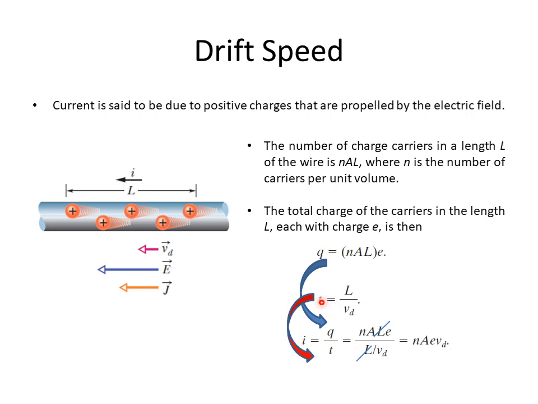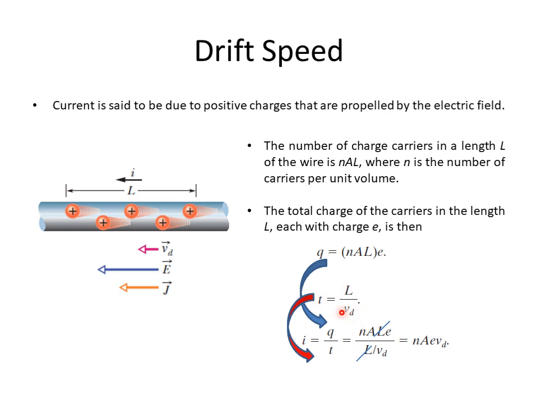Now we know that t, the time for these charge carriers to travel this length with the speed vd, the drift speed, which is drifted by the electric field. The drift speed is quite low compared to the random speed of the charge carriers. For example, it is 10 to the power minus 4 or minus 5 meters per second, while the random motion of the charge carriers is about 10 to the power 6 meters per second. So t is equal to L over vd.